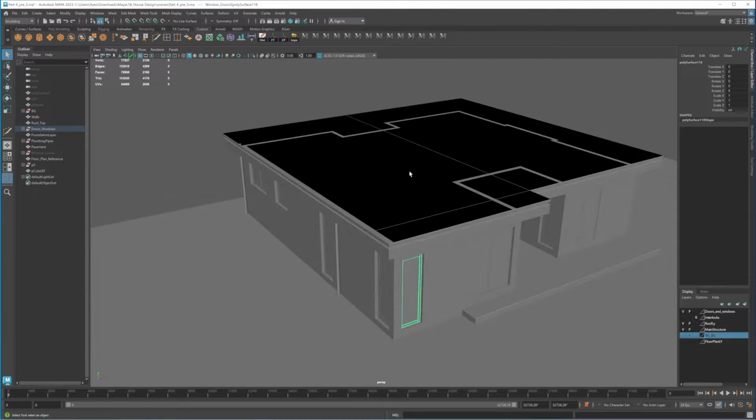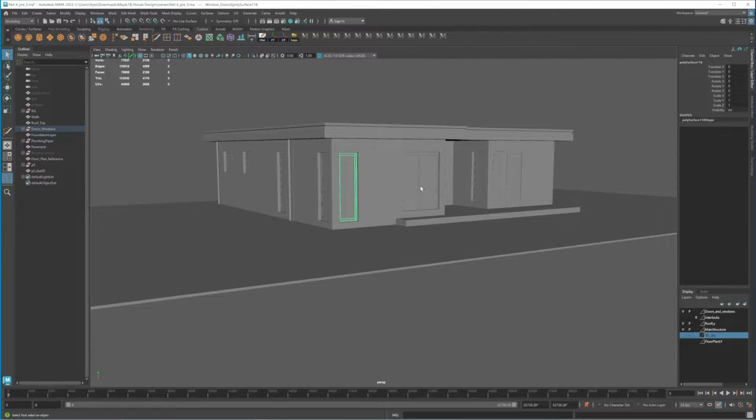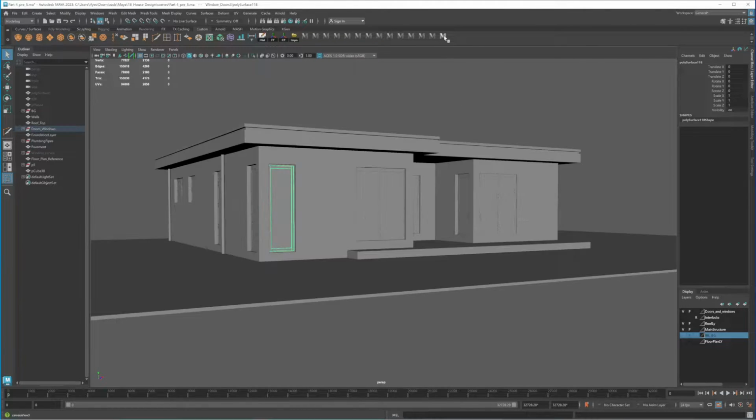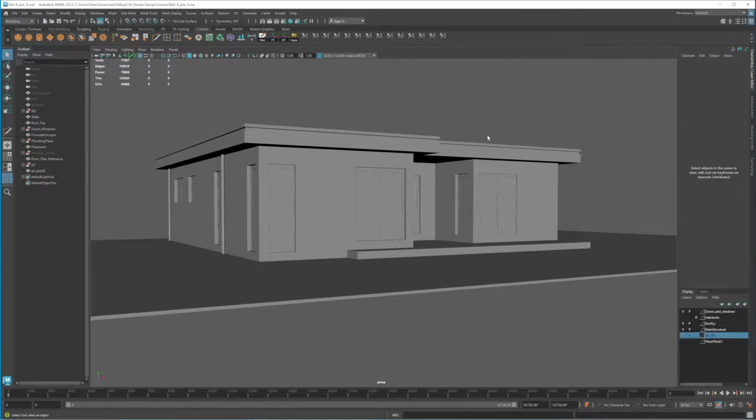And that also brings me to this point of setting your camera earlier on. You need to set your camera so that you know what you can see and what you cannot see. You just need to build the assets that will be seen by the camera, and definitely don't build anything that the camera is not going to see. So I've gone ahead and set my camera. This is the view that I used, and I also bookmarked it here. Depending on the reference that you're following, you can do the same.